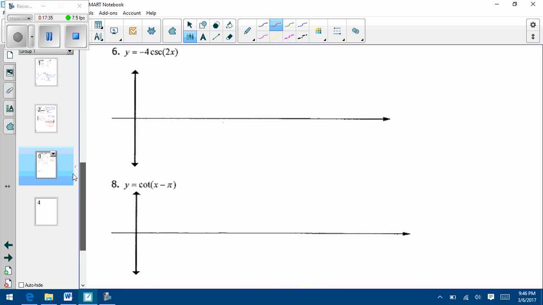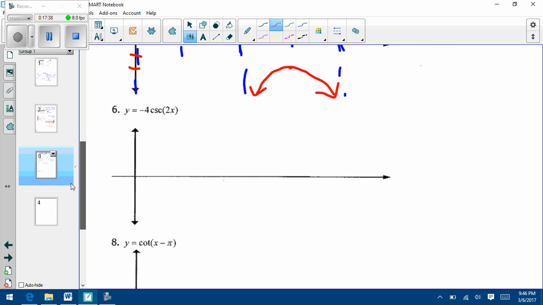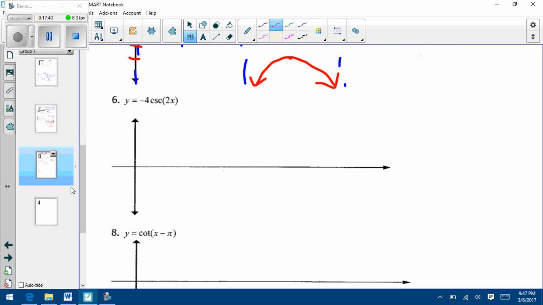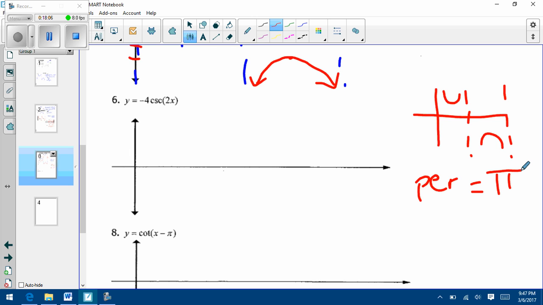And let's see, at the end here, let's just finish up with number 6. We can talk about number 8 on Thursday if we need to, as far as what happens when you shift cotangent. But finally, for number 6 here, again, think about cosecant, which we graphed just a minute ago. What we notice here is that we don't have a phase shift this time, but we do have an increase in the frequency. So if the frequency is now 2, what that means is that the period of this cosecant curve is pi. So I need to see all of this happen that I just drew over here by the time I get to pi,